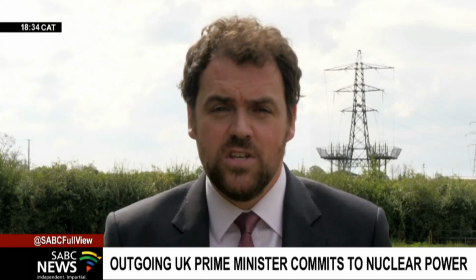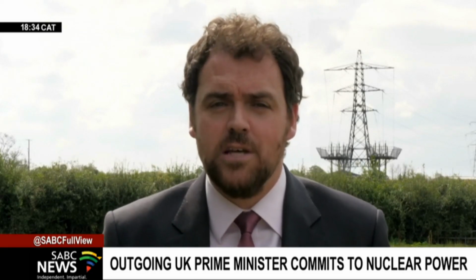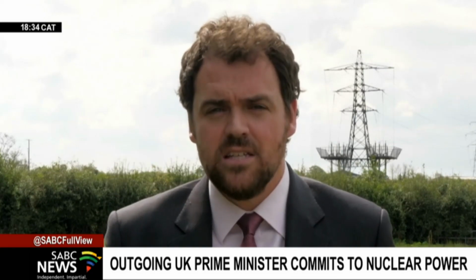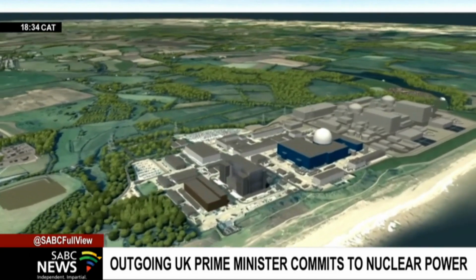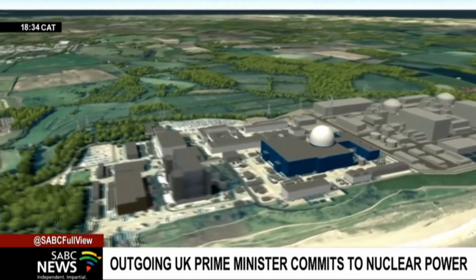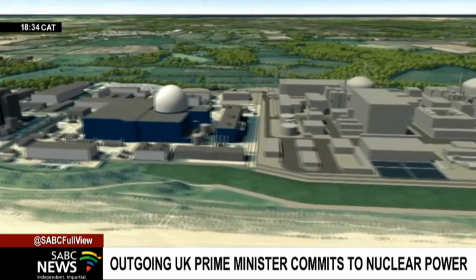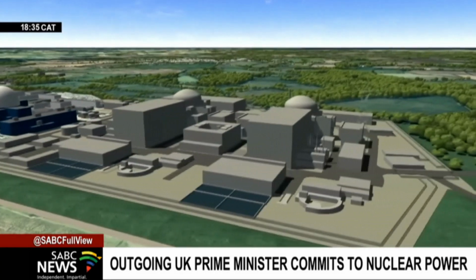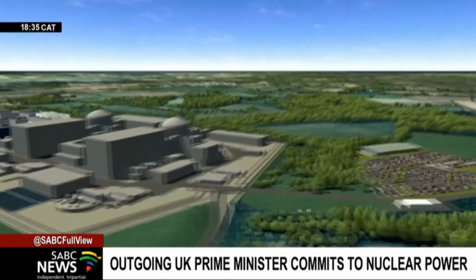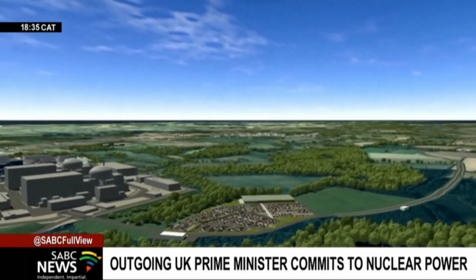Prime Minister Boris Johnson has now committed hundreds of millions of pounds to another new reactor being built in the east of England, Sizewell C in Suffolk. £700 million of government money has been committed, but more will need to be found to fund the £20 billion project being developed with French energy company EDF. Whoever succeeds Mr Johnson as Prime Minister has that as one of the many pressing issues they'll face when they